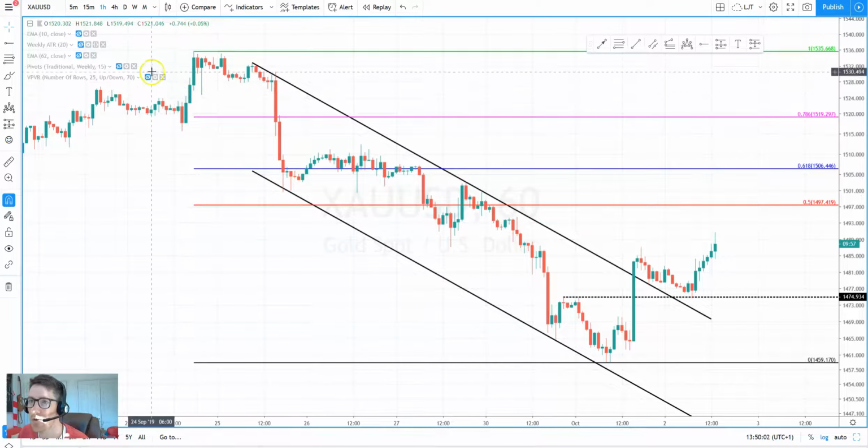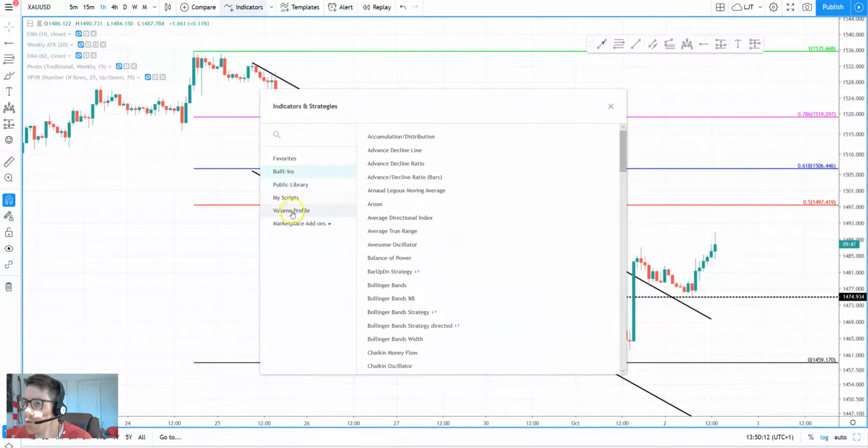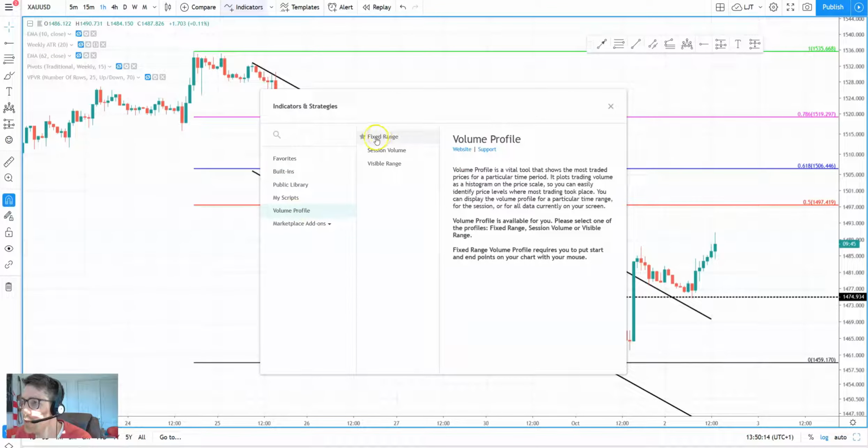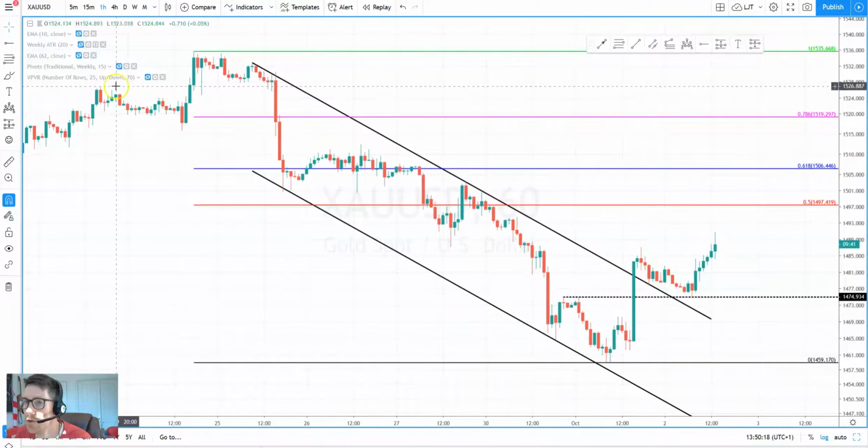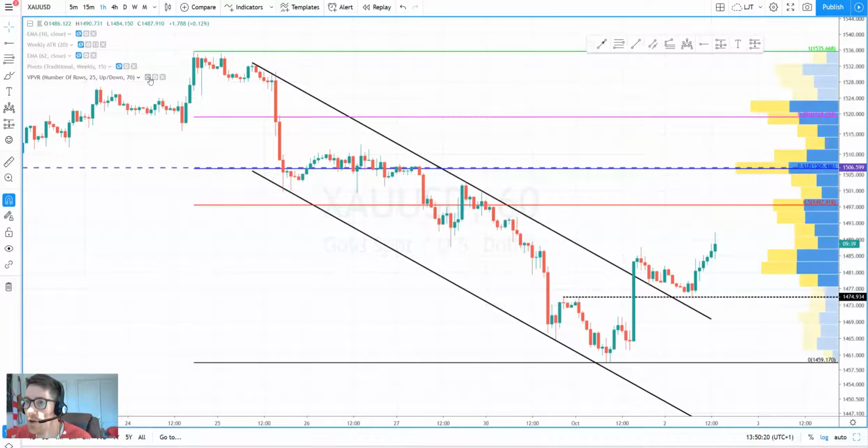One of the other things that I use is the volume, or the market profile. I don't know if any of you use this, but it's pretty easy to get your head around. It's on the indicators. If you go to volume profile, then you get fixed range, session volume, or visible range. I've got it set on the visible range. Just unhide that,